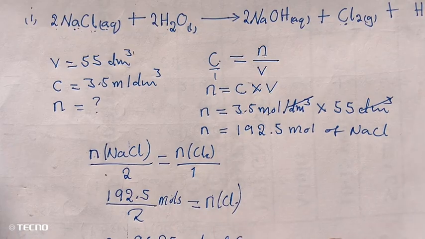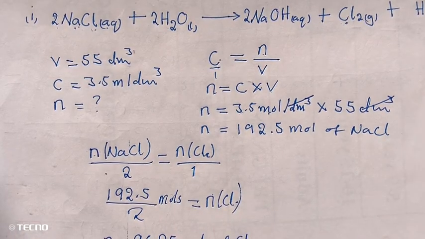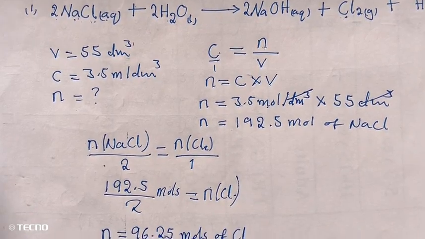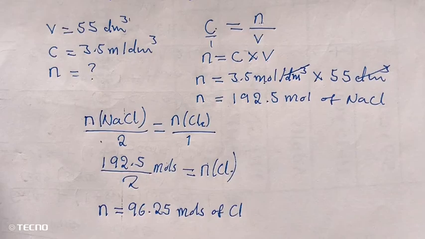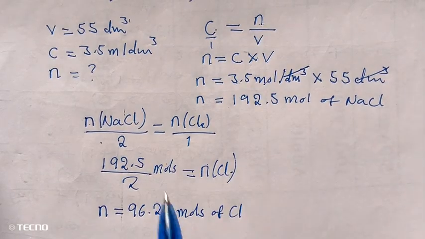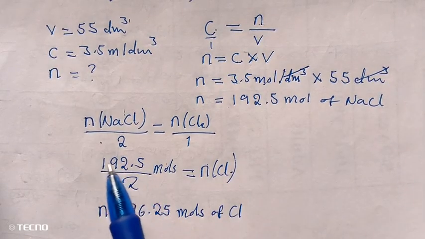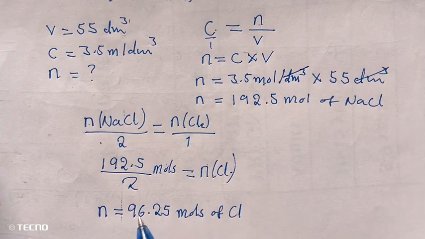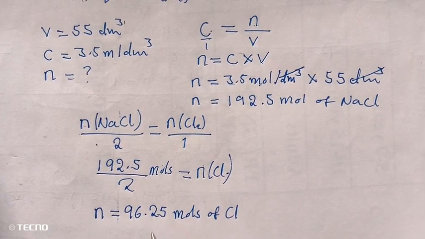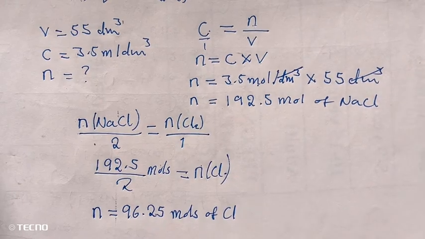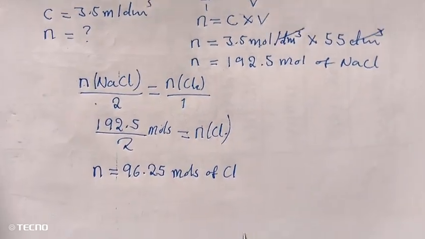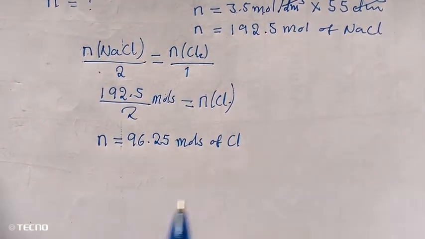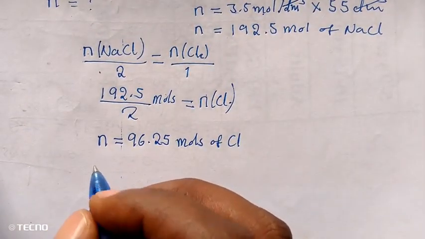So this is the number of moles of chlorine gas. Where you find half of this, it gives you this one, and this mole is for chlorine. Now, having this mole for chlorine, we are told to find the volume at RTP. So let me write it down here. The formula that we are going to use is